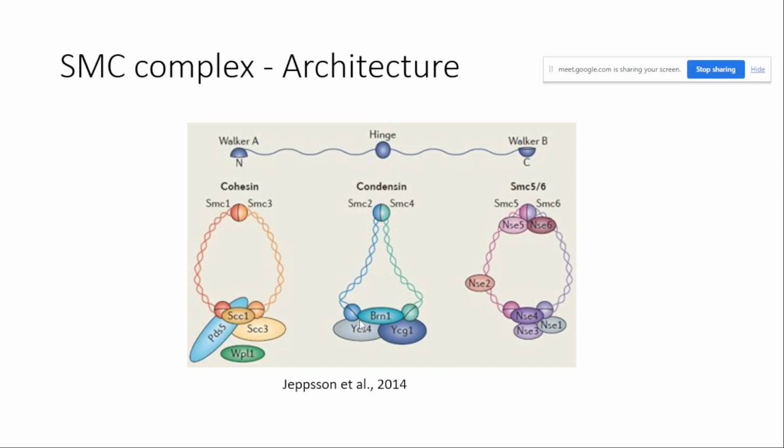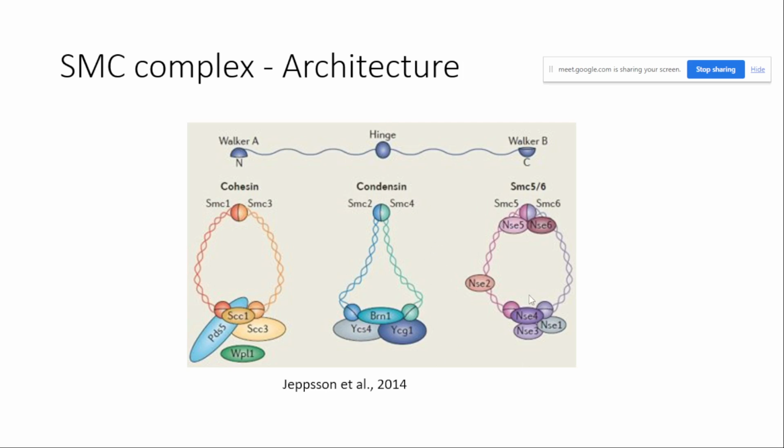Condensin also has two other non-SMC molecules, YCS4 and YCG1. Both are known to contain HEAT repeat motifs, and these are helix-helix motifs. As you know, HTH motifs are DNA binding domains. So YCS4 and YCG1 help to bind DNA, and that is why they can recruit the condensin molecule to the chromosome.